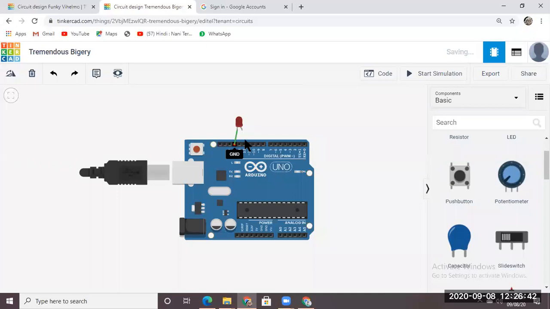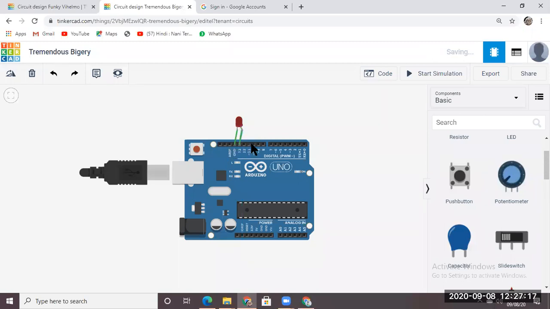There is a pin called GND which is always connected to the terminal of an LED or any device. Any electrical device has two parts, negative and positive. One carries the current and the other transfers the current. In an LED, the left side, the cathode, goes to GND, and the anode goes to any pin.